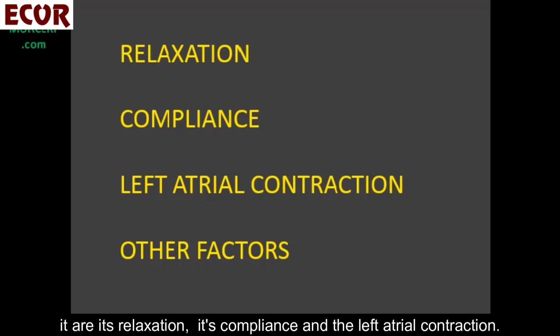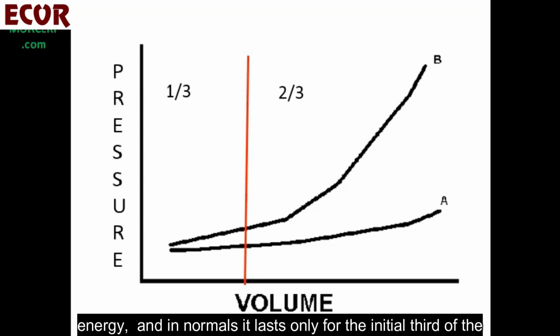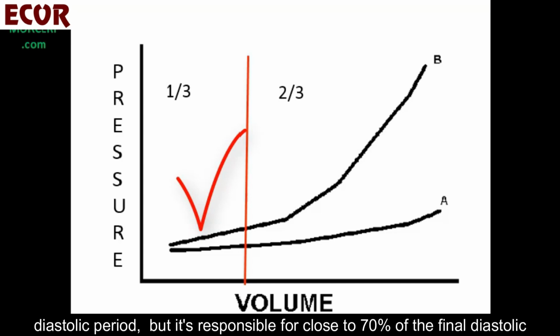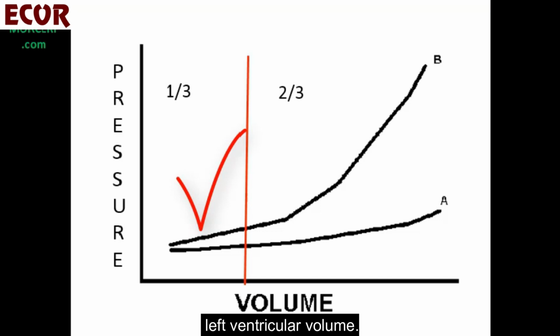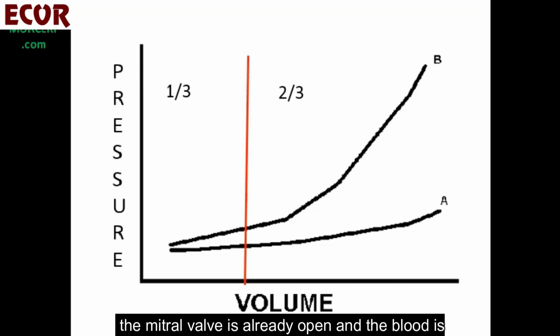the left atrial contraction. Relaxation is an active process that spends energy, and in normals it lasts only for the initial third of the diastolic period, but is responsible for close to 70% of the final diastolic left ventricular volume. It accounts for the drop in the left ventricular pressure even though the mitral valve is already open and the